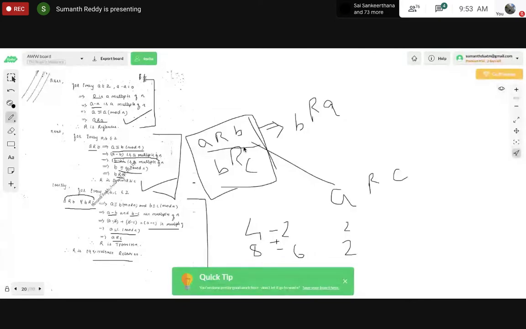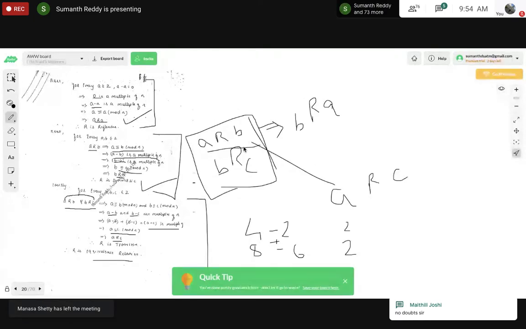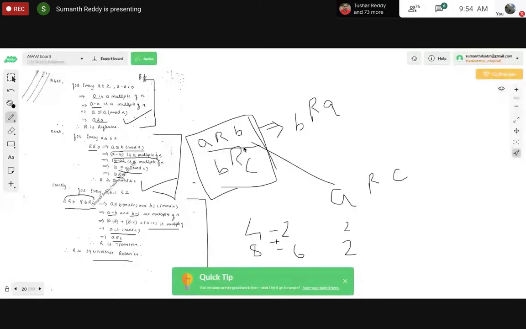Definitely in the exam, either he will ask you to find the partition or he will ask this kind of proof. He will give some operation, and he will just ask you to prove whether it is an equivalence relation or not. It is very simple. As I have already told, you just have to prove that the operation is reflexive, symmetric, and transitive. That's all. So you have understood this.